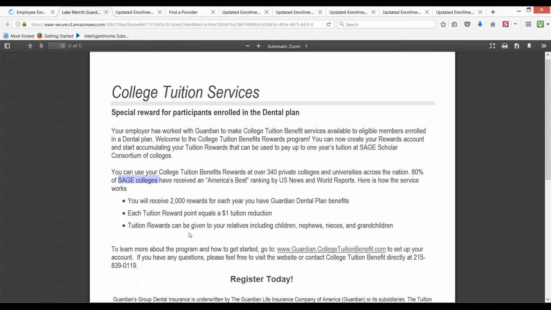But before this person, whether it's your child, a nephew, a niece, or a grandchild, goes, I think it's right at the end of the 9th grade going into 10th grade, you have to identify that person. And guess what? If they're going to go to one of these 340 private colleges, your 8,000 points just turned into $8,000. So it directly translates, and that will be applied to their tuition. Now they'll divide it up over the 4 years because it is a 4-year university, right?